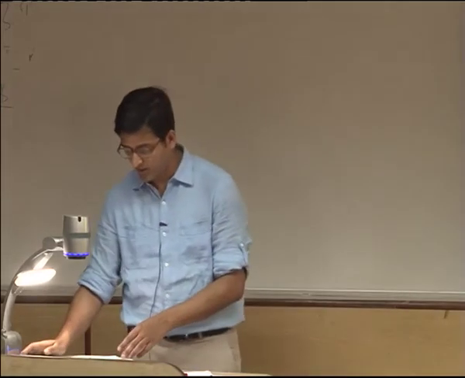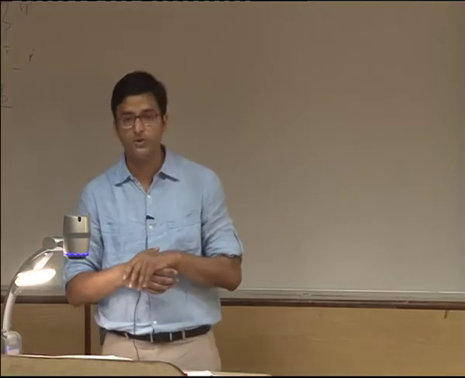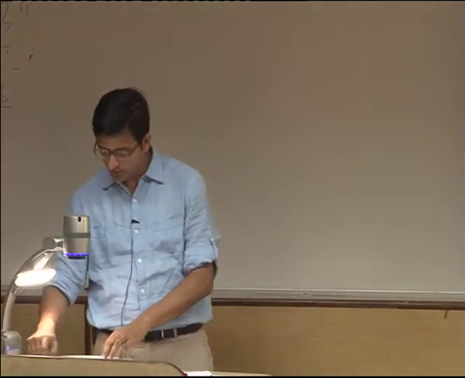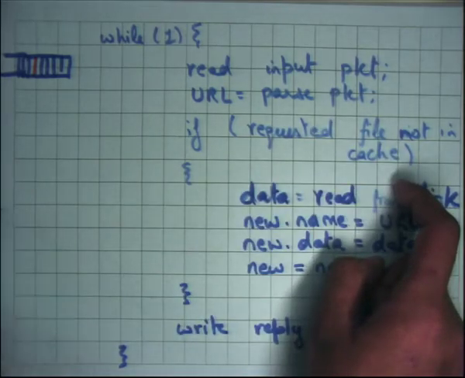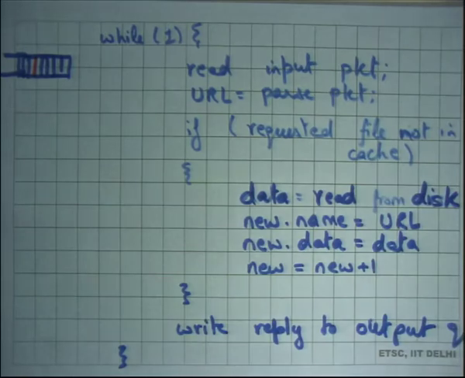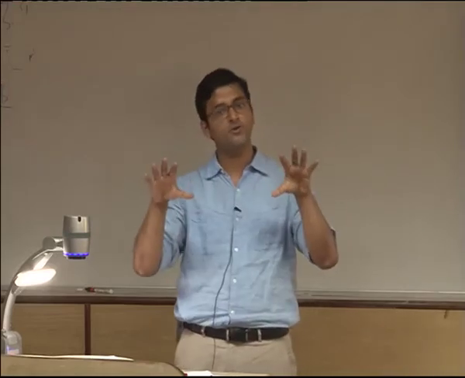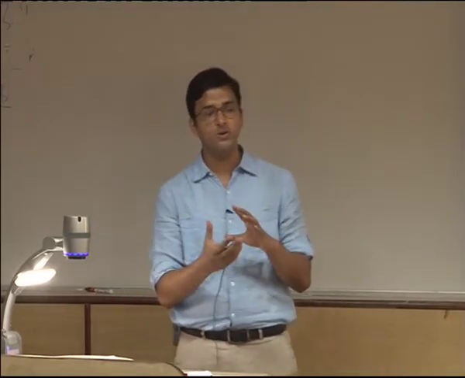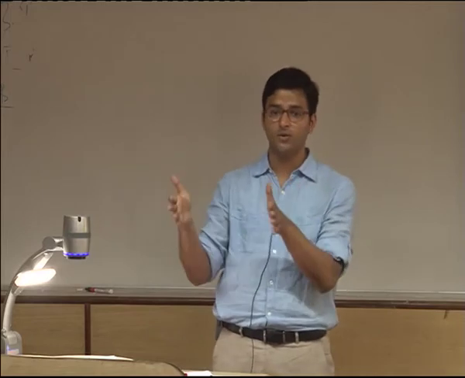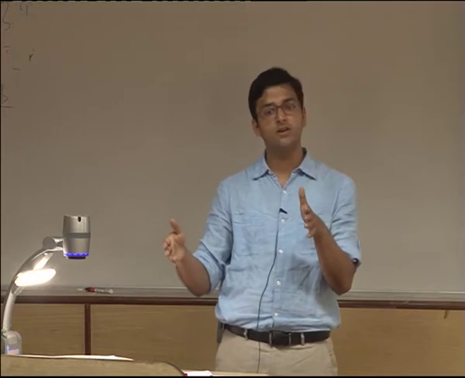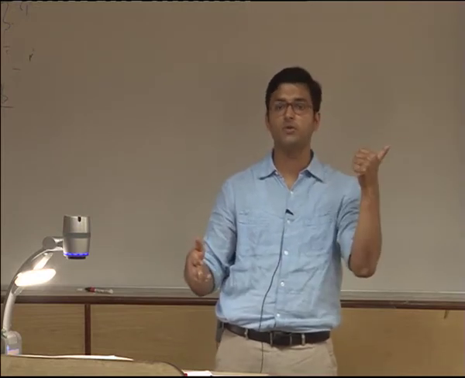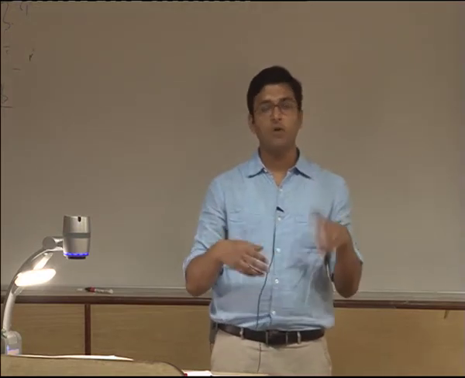Right. So one way to do this is basically maintain a new queue, and basically you say that if requested file not in cache, put it in the different queue, but then you need to start the disk, and you need to have some thread that's waiting on that disk while you start taking another request, right. So there's some amount of concurrency that has to happen. Even if you make two queues, you also need two threads of control. One thread of control is going to wait on the disk, and another thread of control is going to pick up the next packet from the input queue, right. And how many threads will you maintain?